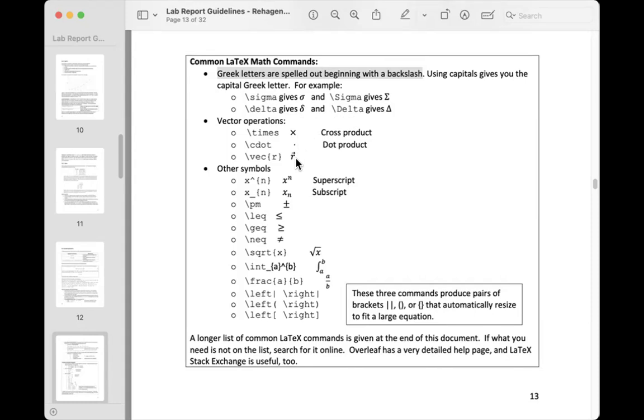But if you have vector multiplication, then you do need these different product symbols, and we'll talk about them as they come up in the class. The other symbols you typically need are superscripts and subscripts, shown here. Note that if you have more than one letter, like say this was x net instead of x sub n,